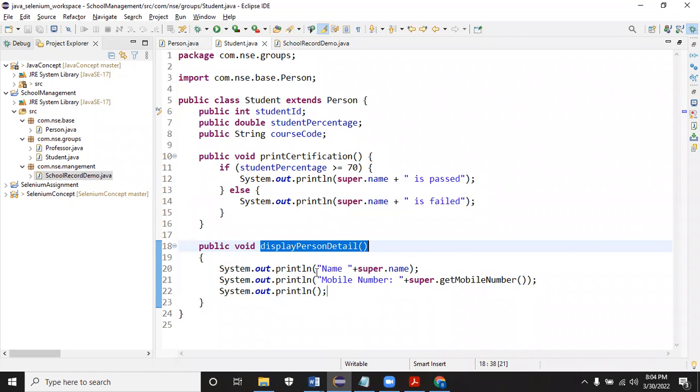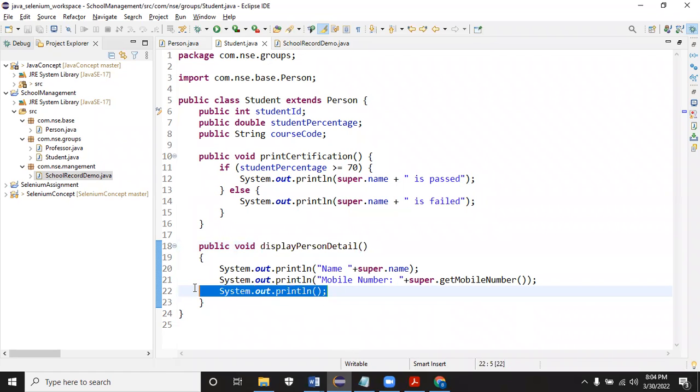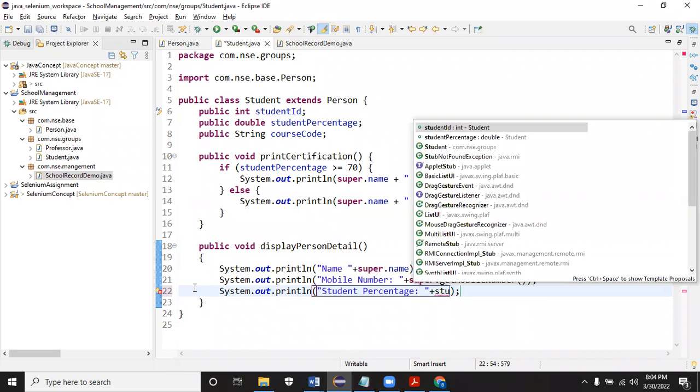Now this display method, let it be detail, and student ID I'll give. Student name, student ID, student percentage, name, mobile number, percentage detail. These are the details I wanted to be printed.